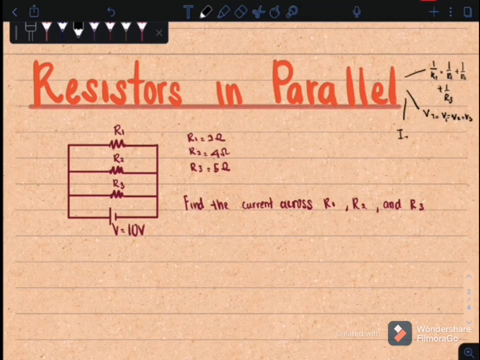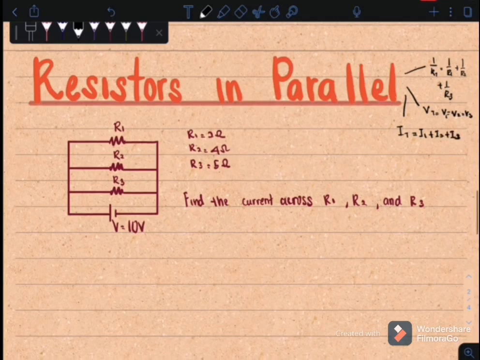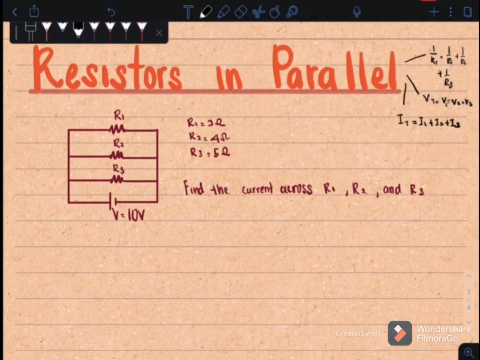that flow from the power supply will be split into all those three resistors, which leads to I total is equal to I1 plus I2 plus I3. As you can see in the circuit here, the voltage given from the power supply is 10 volts. Therefore, the voltage across resistor 3, which is V3, is also 10 volts. Resistor 2, V2 is also 10 volts, and also resistor 1, V1 is also 10 volts because they are parallel